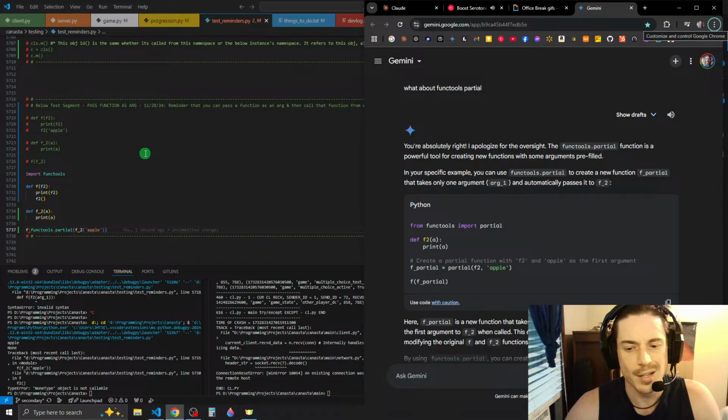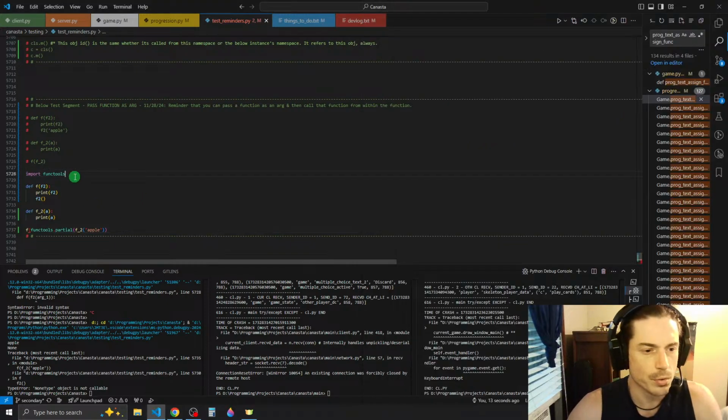No, you have to assign it. Oh, you just say partial. Oh, from functools import partial. So from functools import partial,